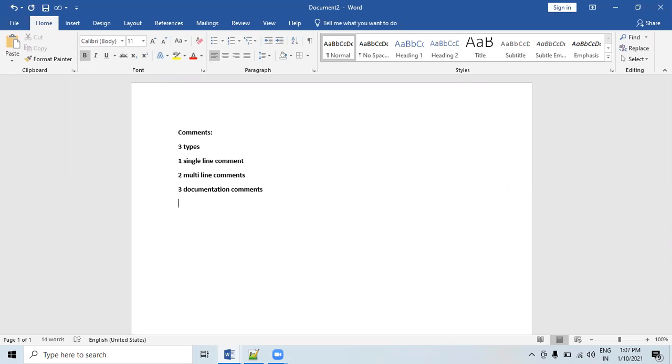First is the single line comment. Let's see how it works. Here the single line comment is used to comment only one line. Single line comment ने आपण एका line ला comment करू शकतो. Like the syntax of a single line comment is